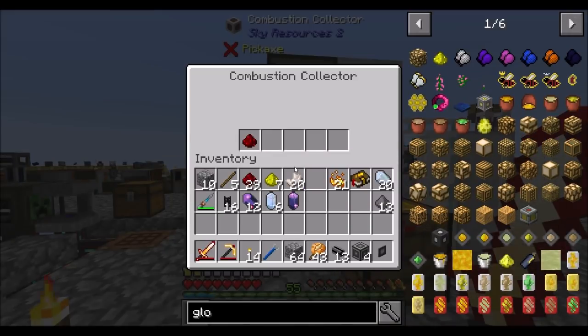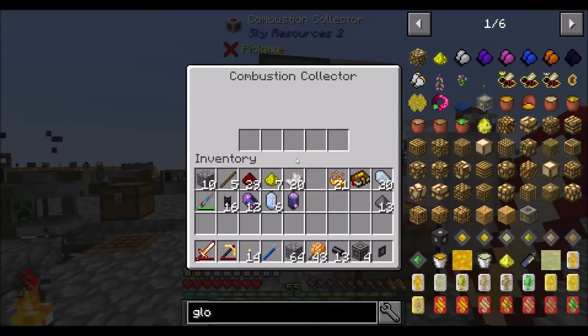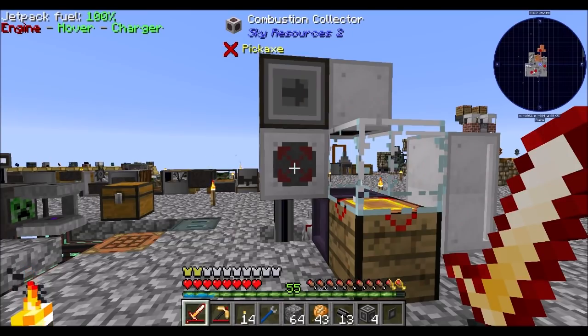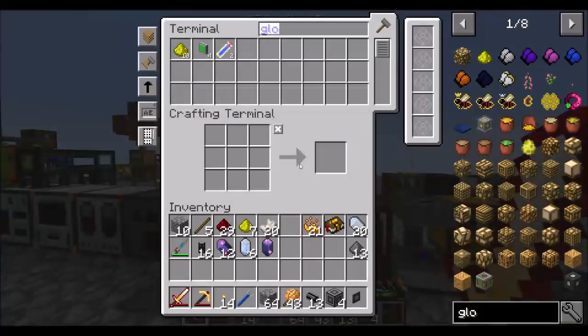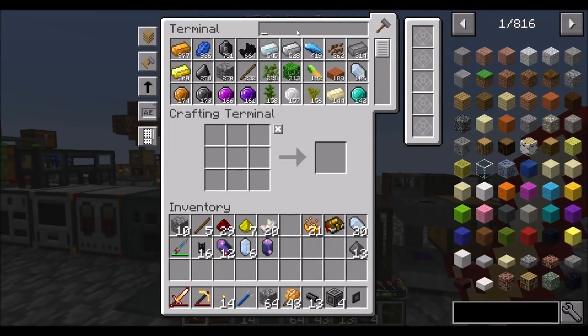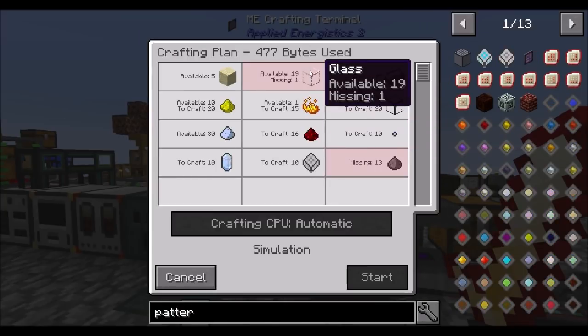Oh, you did make your redstone properly. That's kind of cool. Maybe. Hey, I think that worked, actually. I think that actually worked. I'm a little impressed, but I think that did work. Nice. All right, so now if I want patterns, and I want like 10 more of you, you need glass